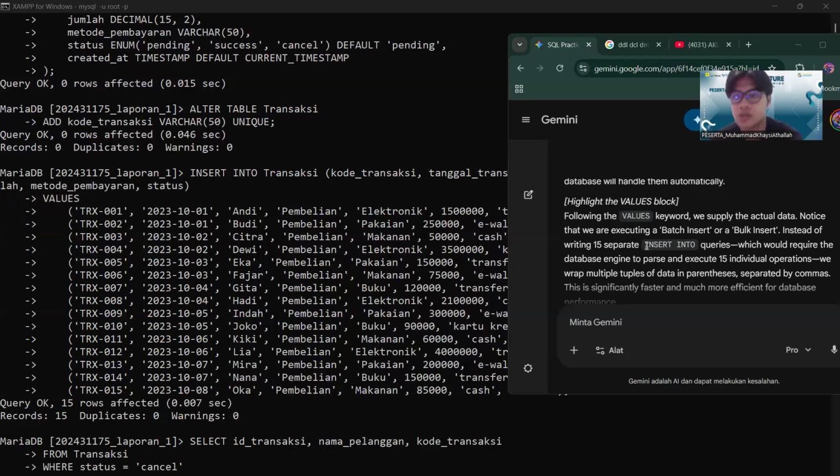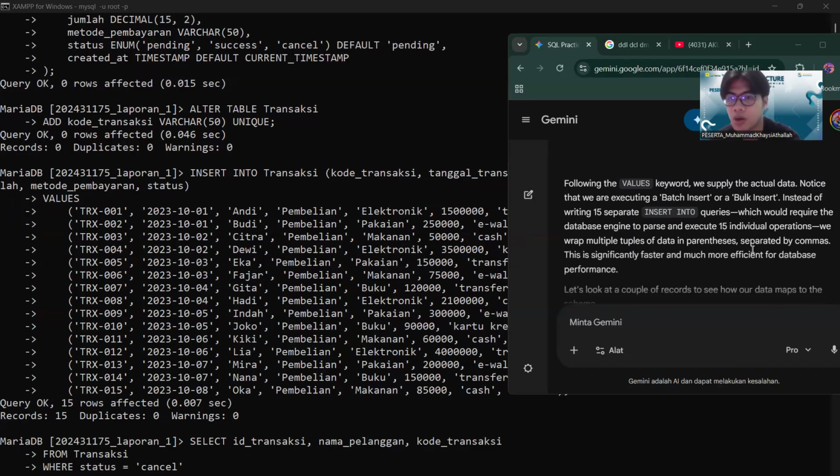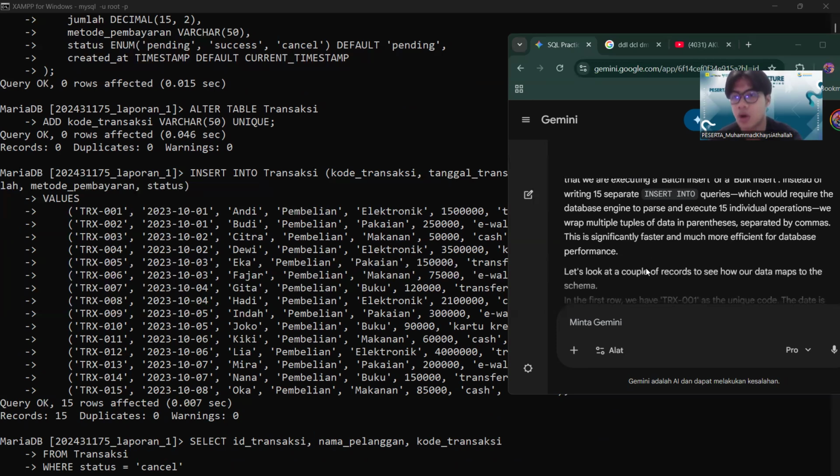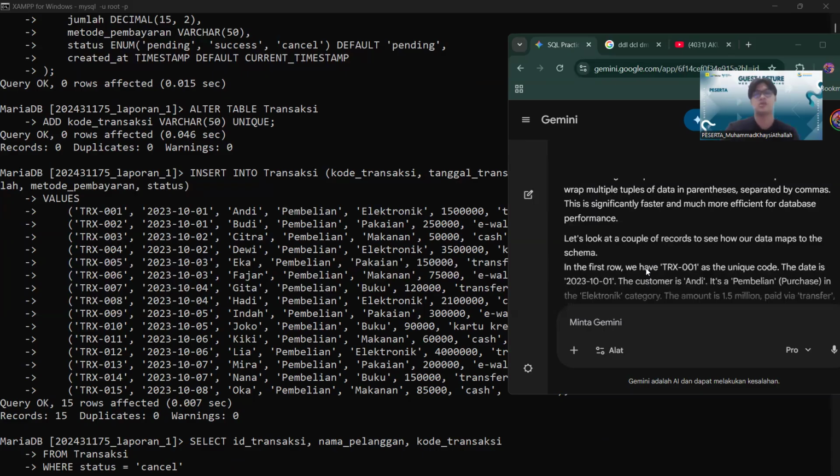Notice that we are executing a batch insert, or bulk insert, instead of writing 15 separate insert into queries, which would require the database engine to parse and execute 15 individual operations. We wrap multiple tuples of data in parentheses separated by commas. This is significantly faster and much more efficient for database performance.